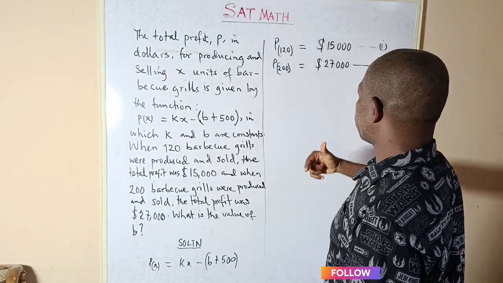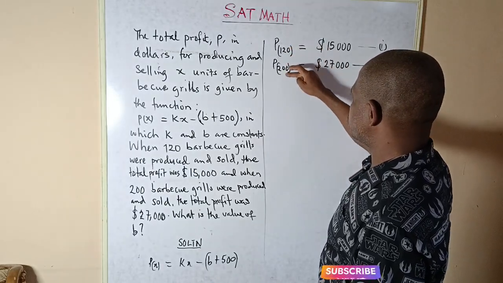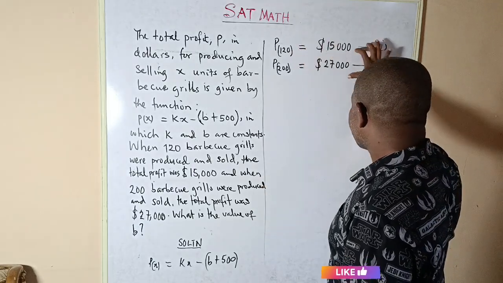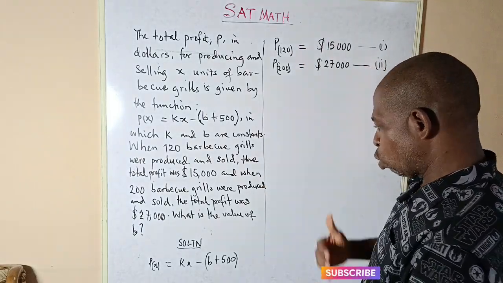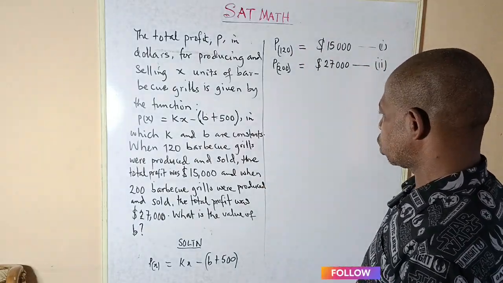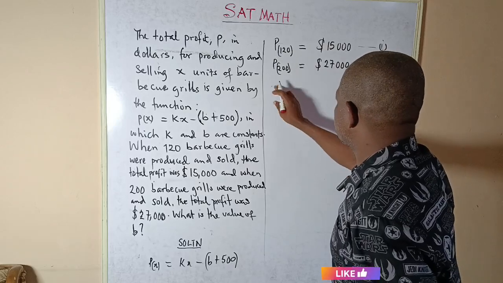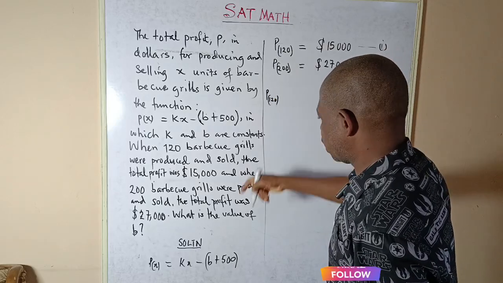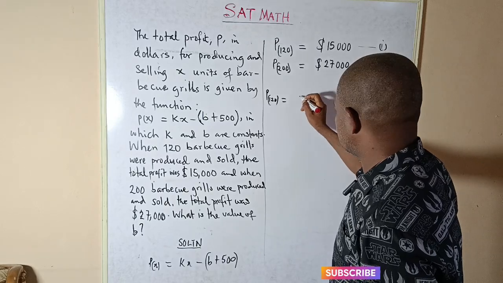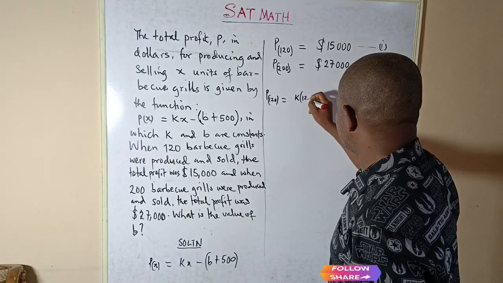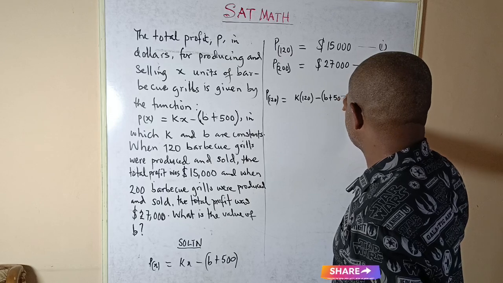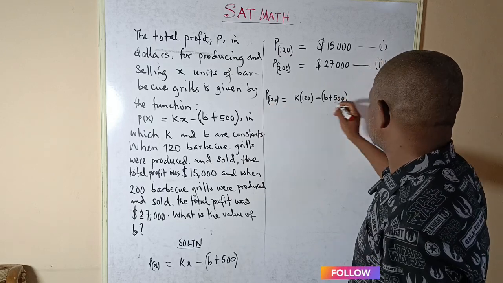So what we need to do now is to put each of these units, which represent x, into this function to modify these equations. And then we solve the two equations simultaneously. So for the first case, we'll have P(100), that's P(x), equals K times (100 - B) plus 500 in brackets,